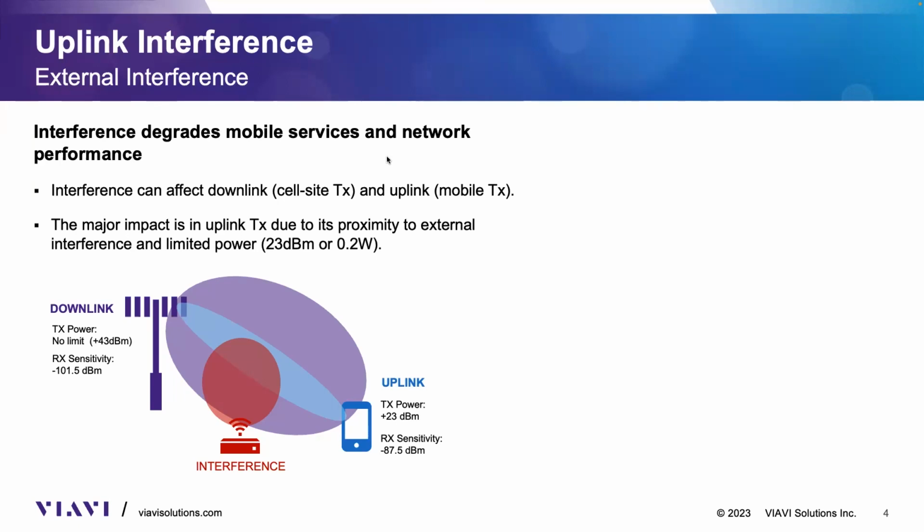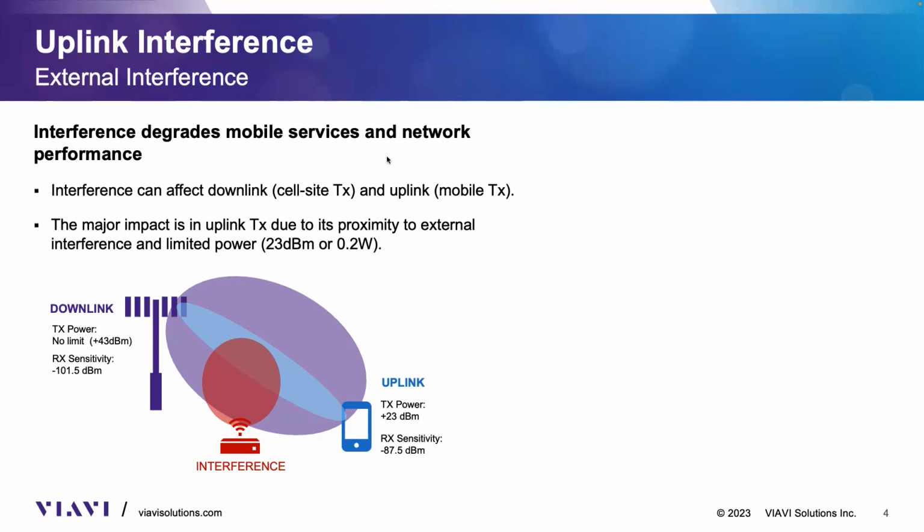The other fact is that the interference sources are typically in closer proximity to the mobiles than to the radio itself. So certainly the communication path that is mostly impacted is the uplink, or the transmission of the